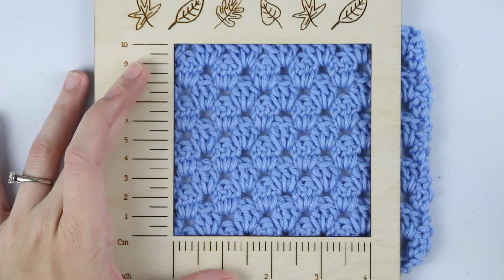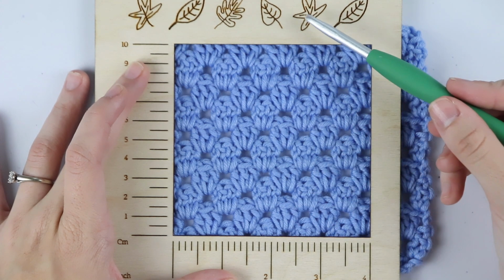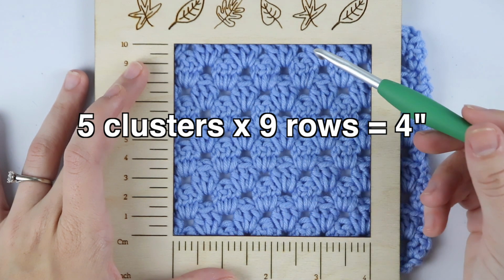But inside the notes of the pattern, whenever you're calculating gauge, the pattern will most likely say double crochet, or it will say number of clusters. So that was the number of double crochet. Let's count the number of clusters. We have 5 double crochet clusters in each row for 4 inches. And again, we have 9 rows. So if your gauge was supposed to be measured by cluster, it would be 5 clusters times 9 rows equals